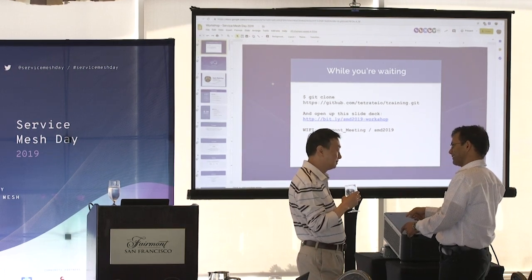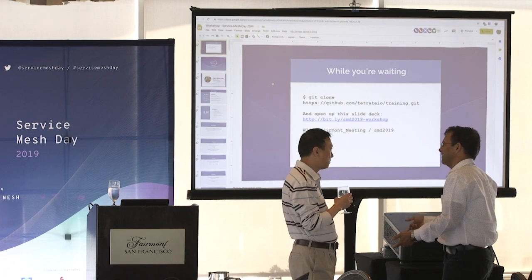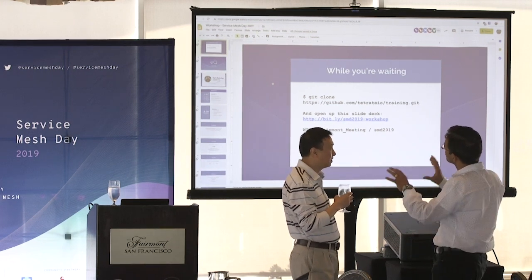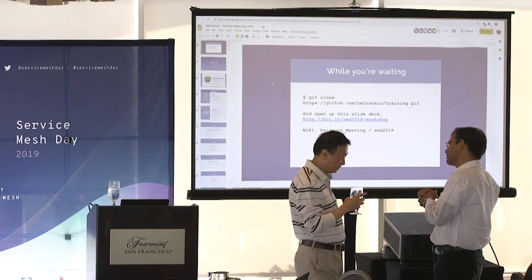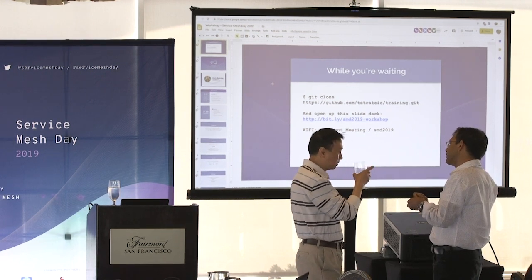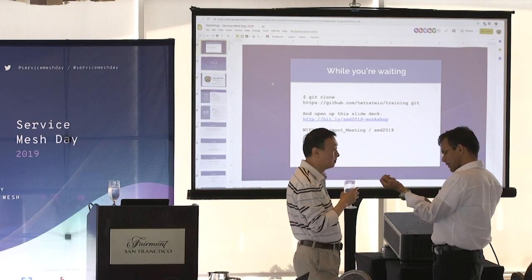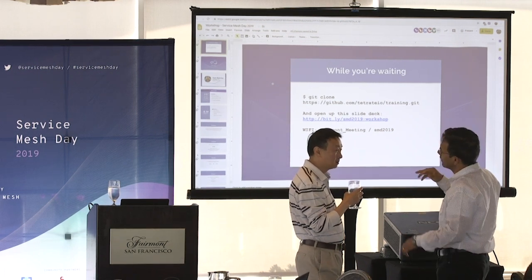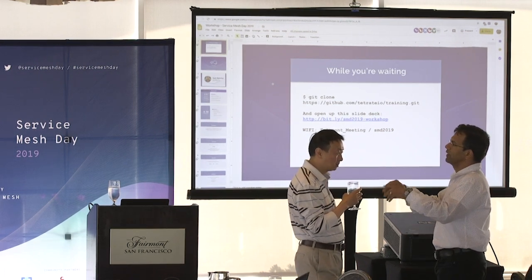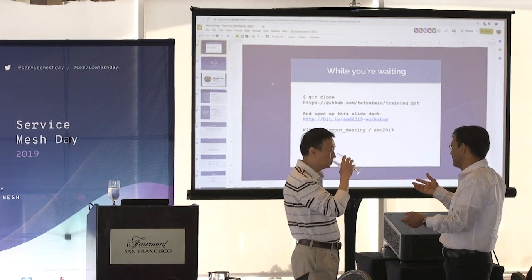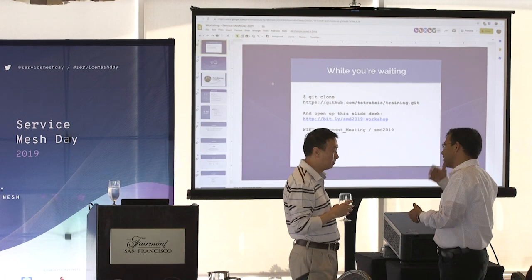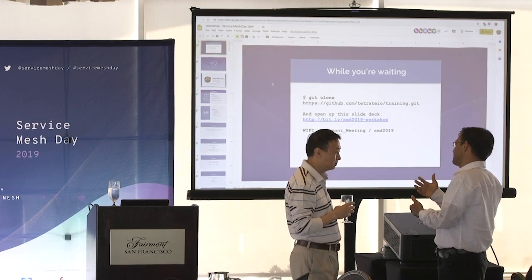So all it does is the exact same thing as the init container, which is by default it runs an iptables script that redirects all traffic coming into the network namespace into Envoy. And so Envoy listens on port 15,000. And so those iptables rules say everything coming in and everything going out, send it to port 15,000 on Envoy. And then Envoy makes a decision and sends it to